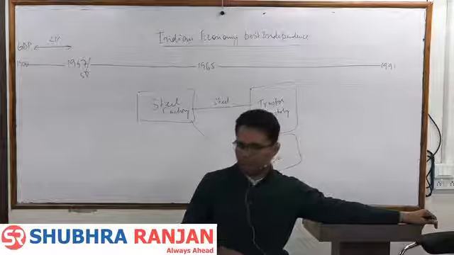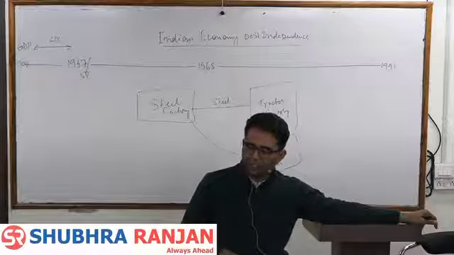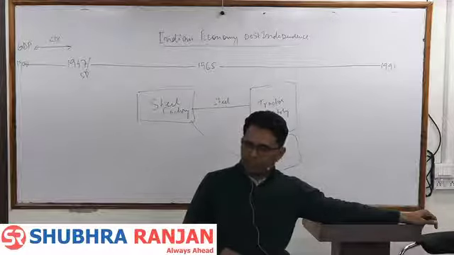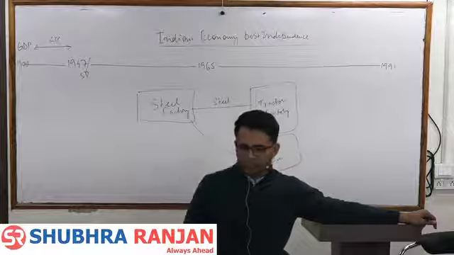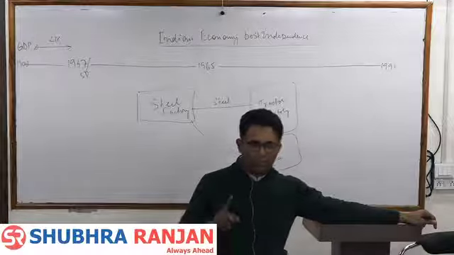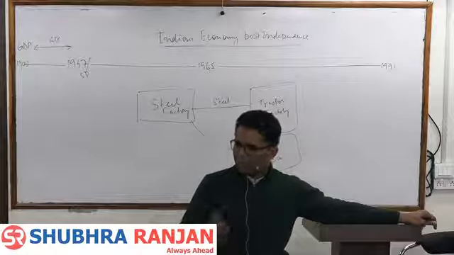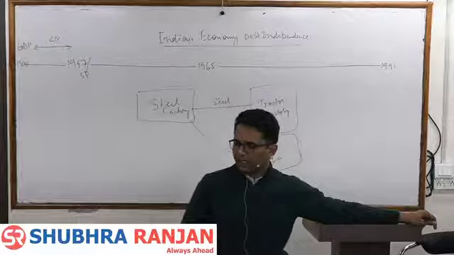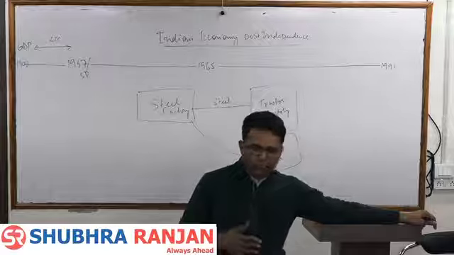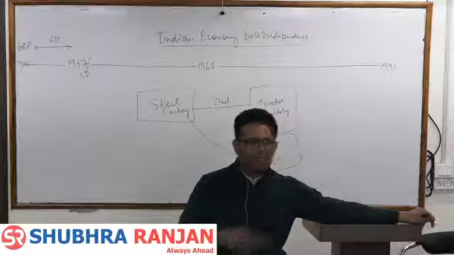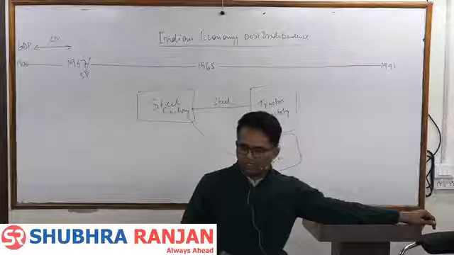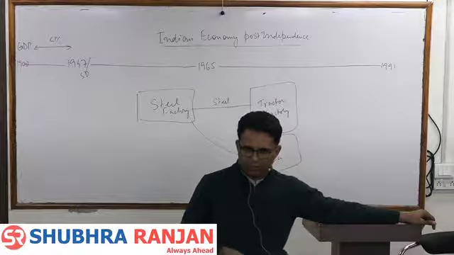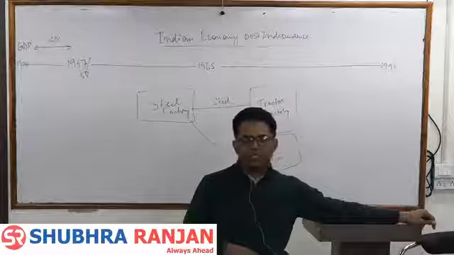To set up labor based industries. See, Calcutta model is saying that the government with its financial resources should set up their own PSUs for capital goods. But Bombay model is not suggesting that government should set up labor based industries. No. Bombay model is suggesting that the government should just spend into agriculture and rural sector, and it will automatically motivate a lot of rural entrepreneurs, small entrepreneurs, to set up labor based industries.